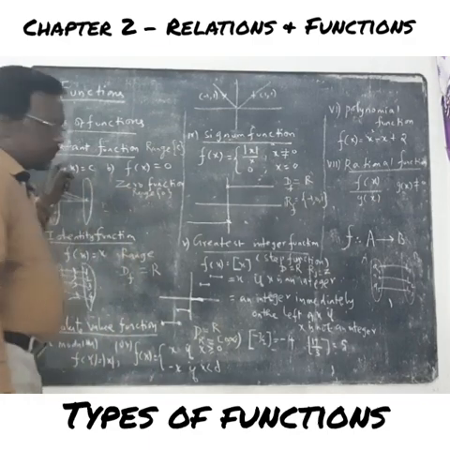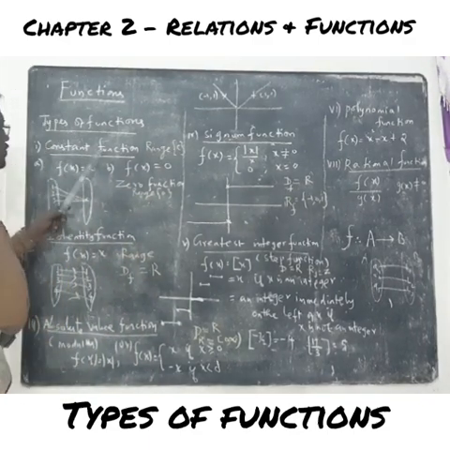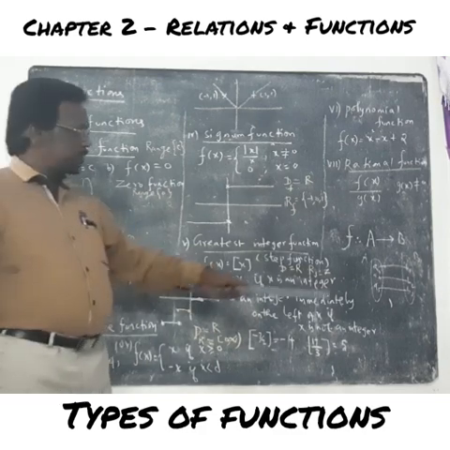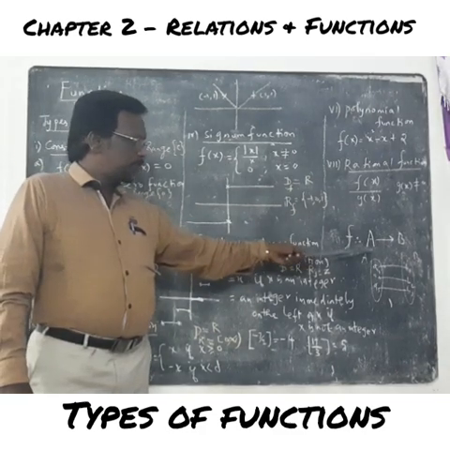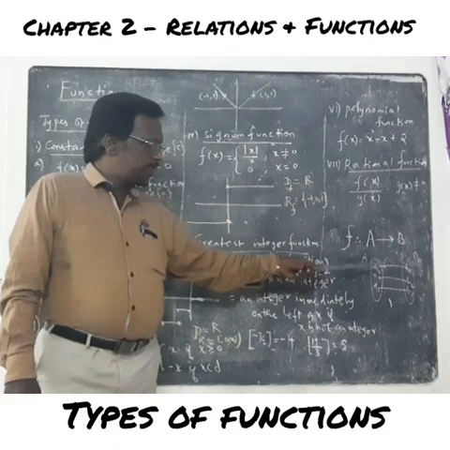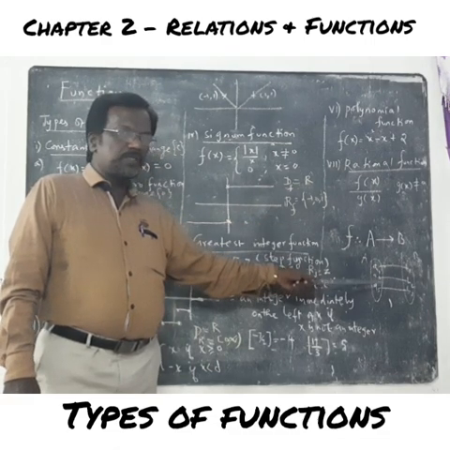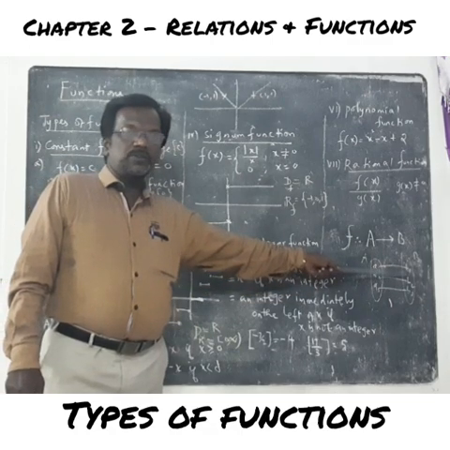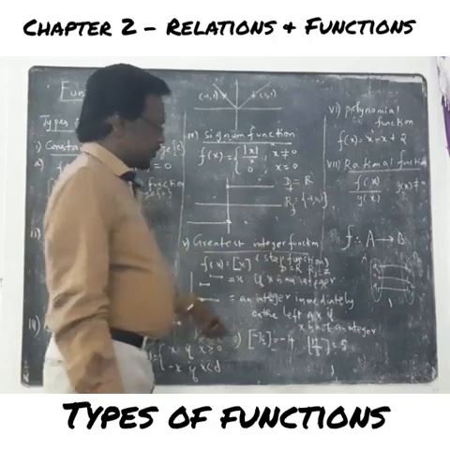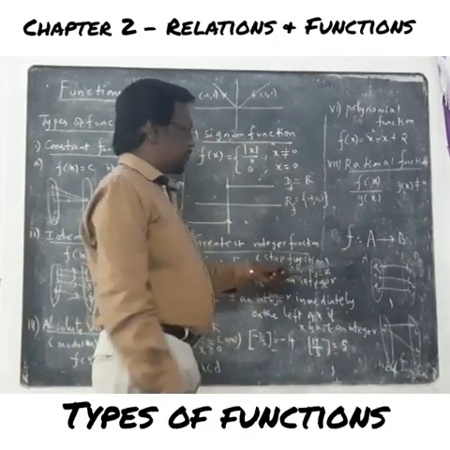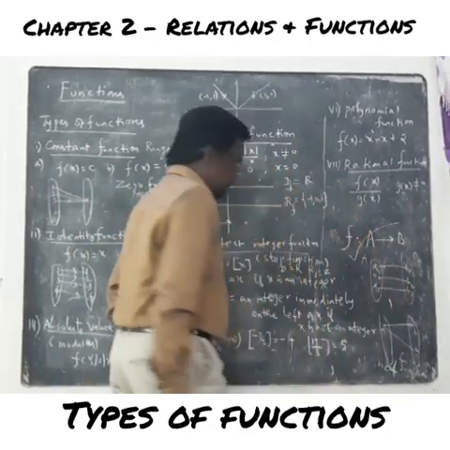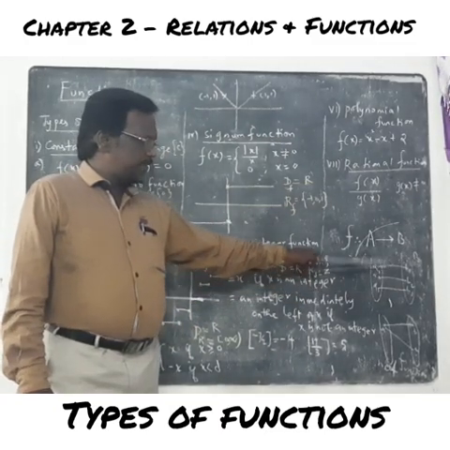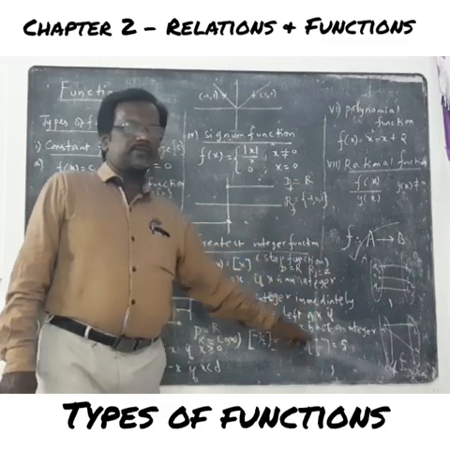So here we have to discuss the types of functions. The first one is the constant function. So already I have told that this is the domain, this is the codomain. All the elements of A should associate with an element, not more than one element, right? So it is a function. It is not a function. We should keep in mind that all the elements should associate with an element. So this is a function, this is not a function, right?